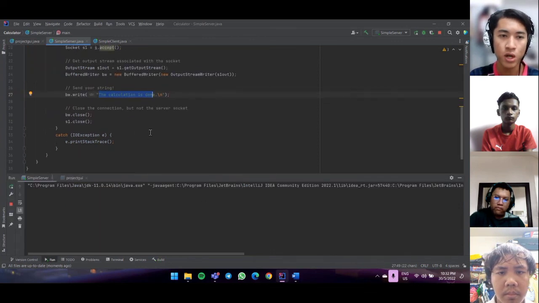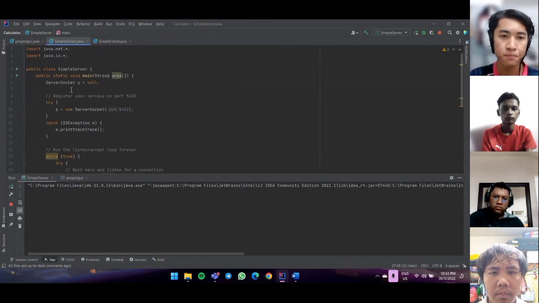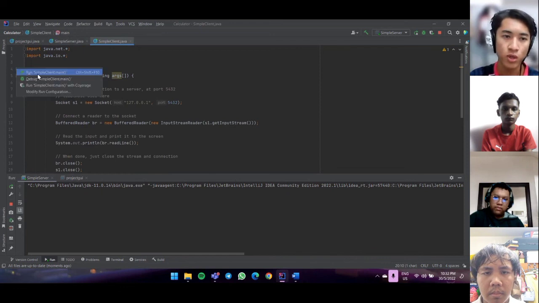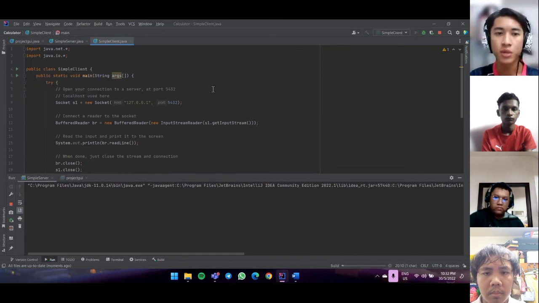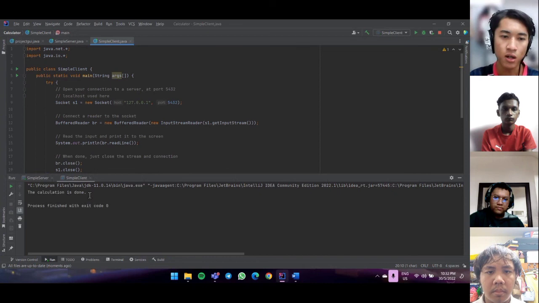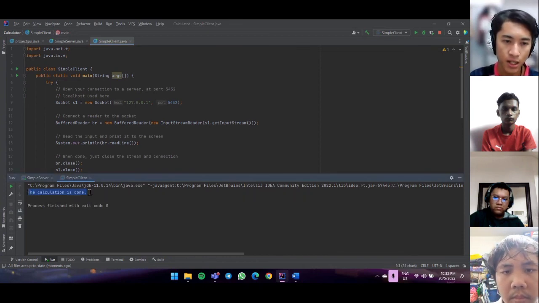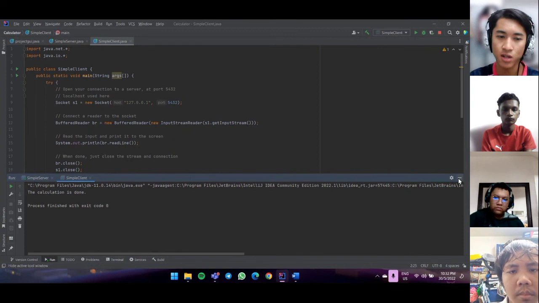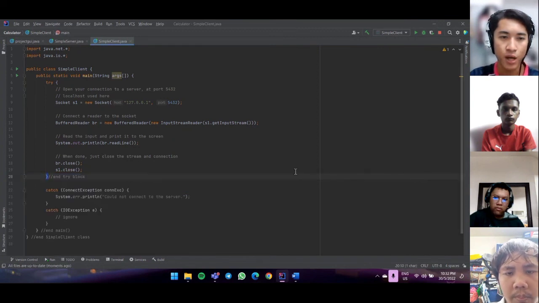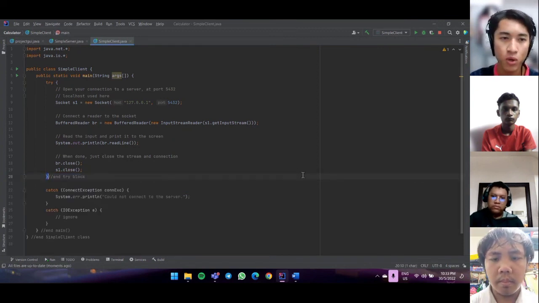Right, so once we run the simple server, it will not display any output. But once we have run the simple client, the output will be displayed, and the text that will be displayed is the calculation is done. So I guess that's all the explanation from our group about our project, which is the part-time study calculator,